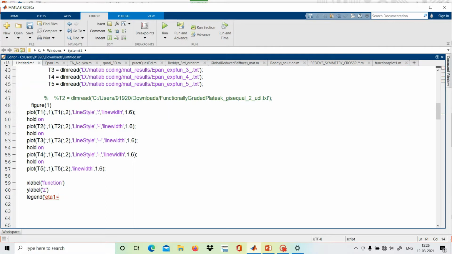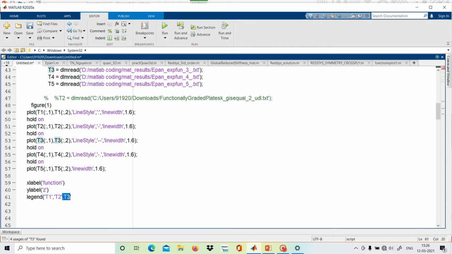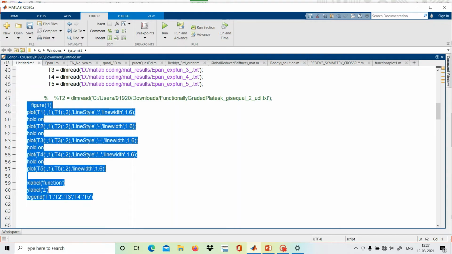That would be much better, corresponding to each: T1, comma T2, T4. Let's plot it.